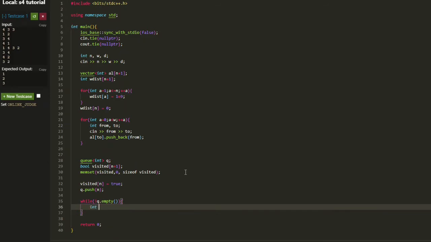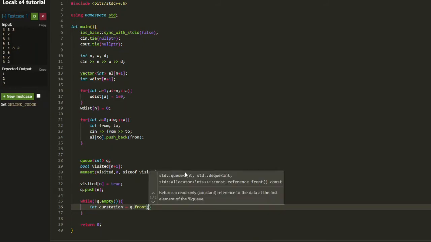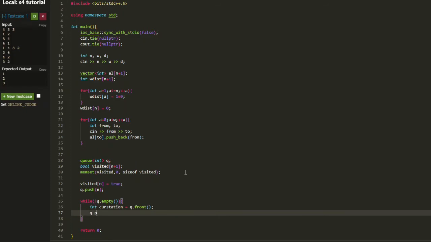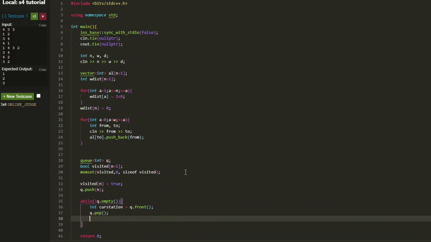So let's say int cur station equals q dot front, and then remove that element, q dot pop, and then we will iterate through each of the stations that that station can visit. So we can do this through a C++11 style. So for const int next station, I'll do camel case, station to in the range of the adjacency list of current station,